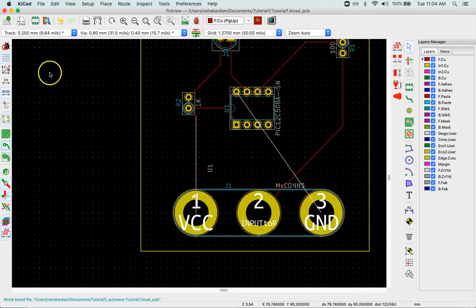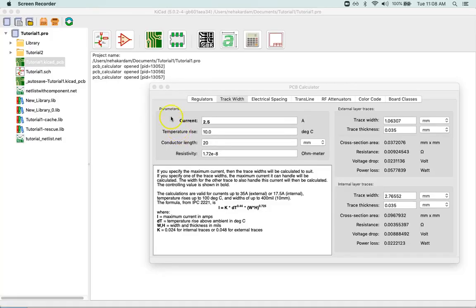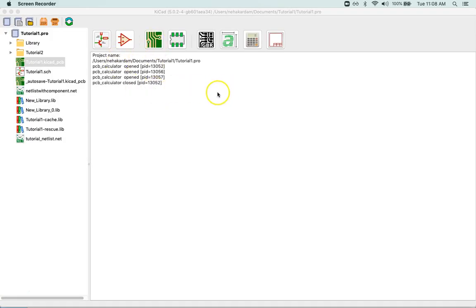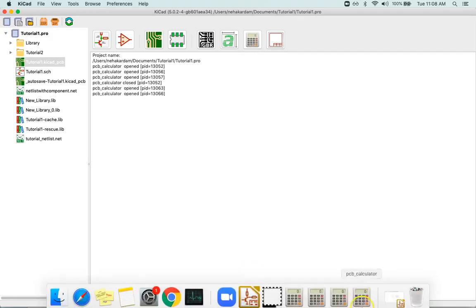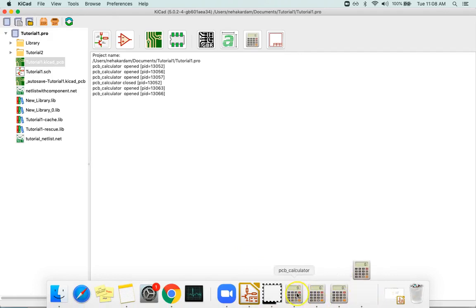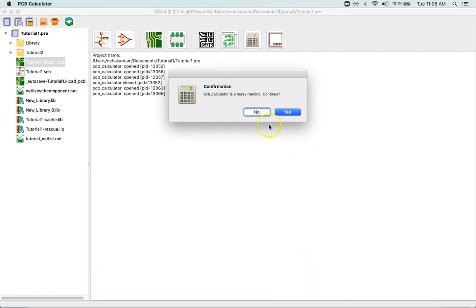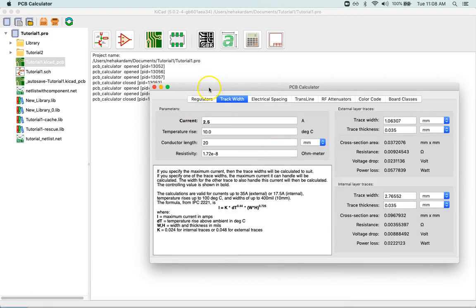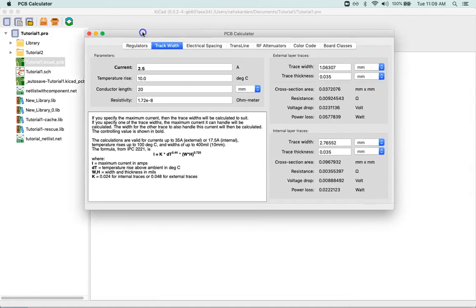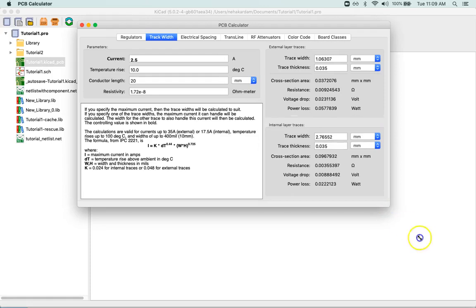To do that, you need to click on the home page, and then here you see this calculator. To use this calculator, you need to click, and then here you can see how many calculators I have opened. So let's use this. Okay, so this is the PCB calculator window,